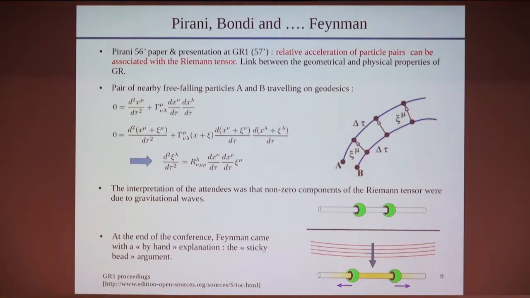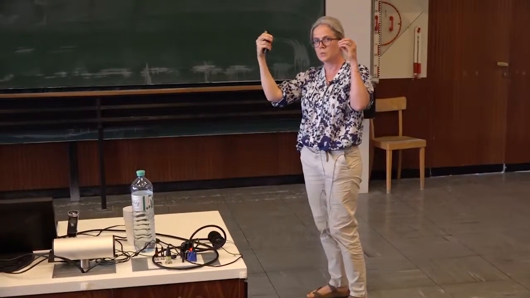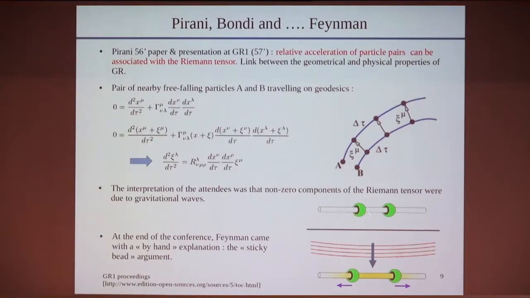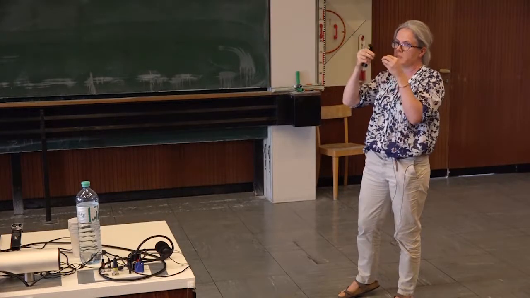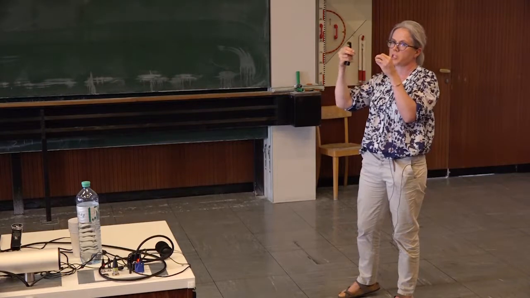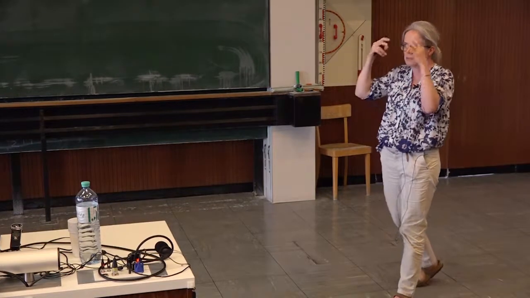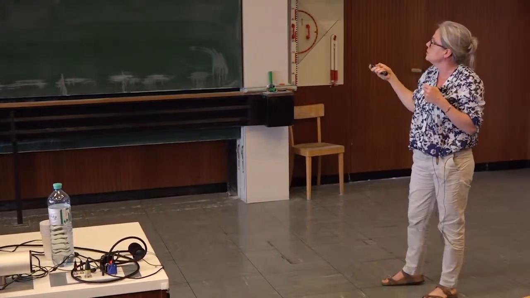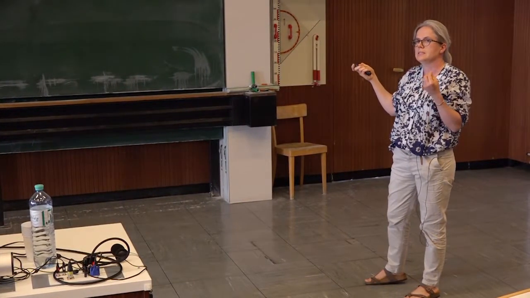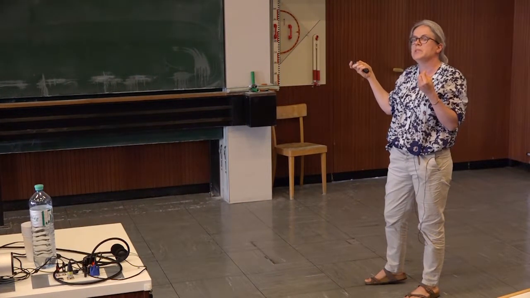And the argument is the following. You take a rod, a stick, which is rigid, and you have two particles, two beads, that can move freely on the rod. When gravitational waves go through, what they will do is move one particle on the rod. And if the bead is moving, that means there is friction on the rod, and there must be energy deposition on the rod. So it's a thought experiment, but actually behind that, this is exactly the detection principle